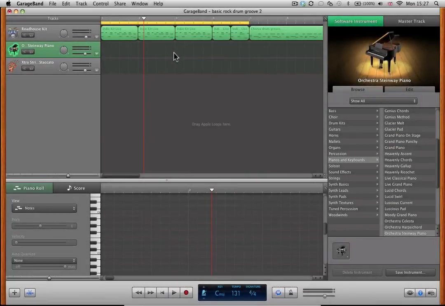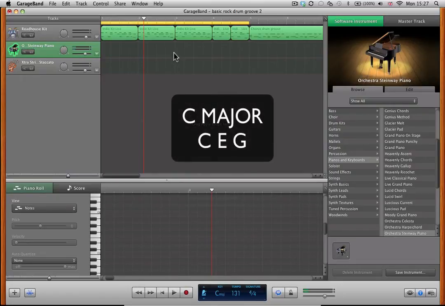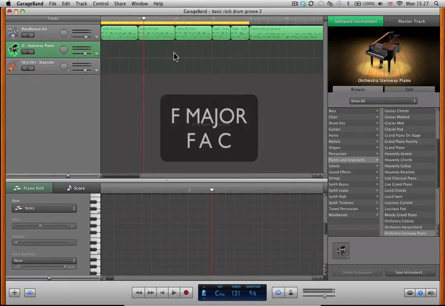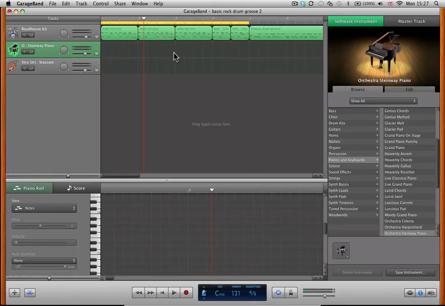Okay, now we're going to have a look at 4 chord sequences. We're going to start with the same chords that we used before, partly so we can develop this and show a bit of variety using similar harmonic sounds. So we're going to have C major to start with, D minor, A minor, and then we're going to add an F major chord, which is F, A and C. Okay, so we could have